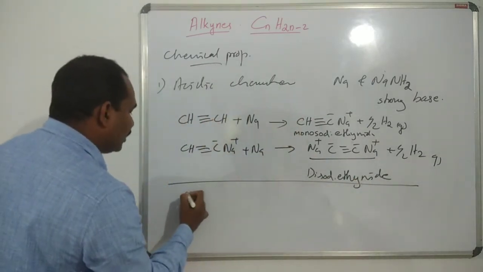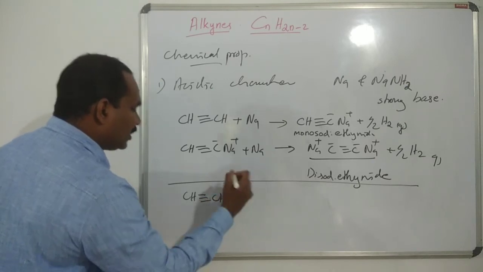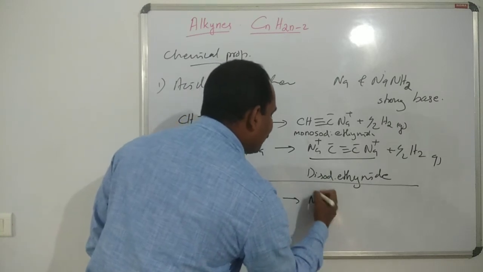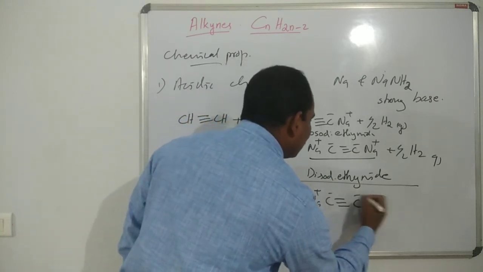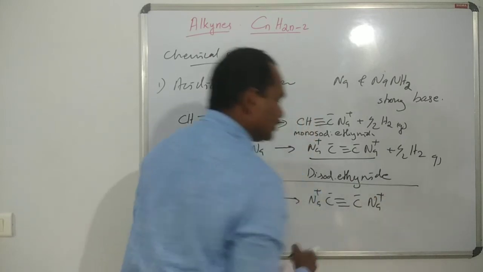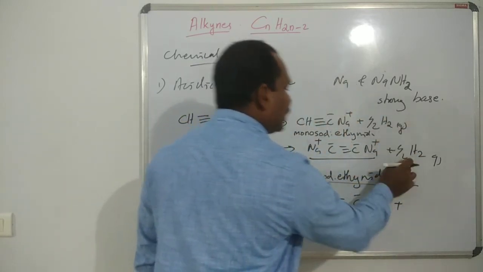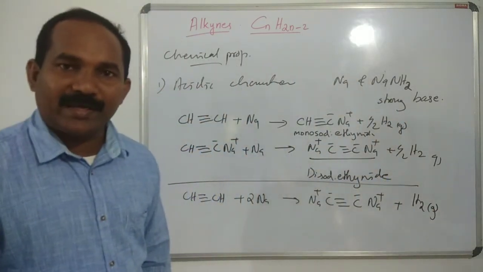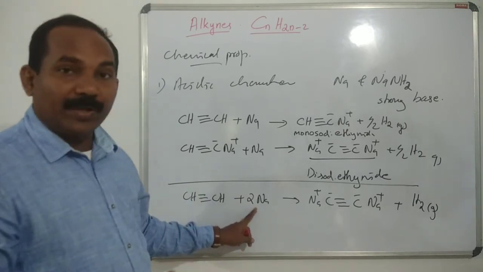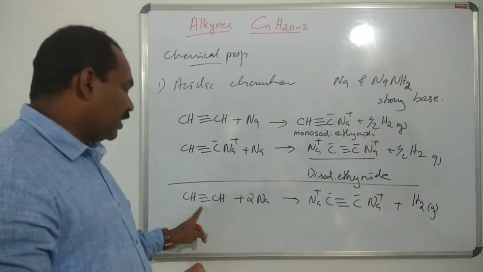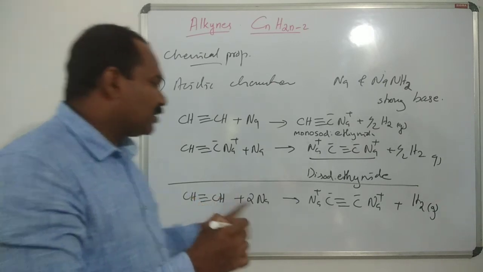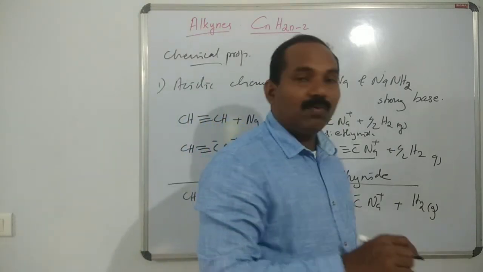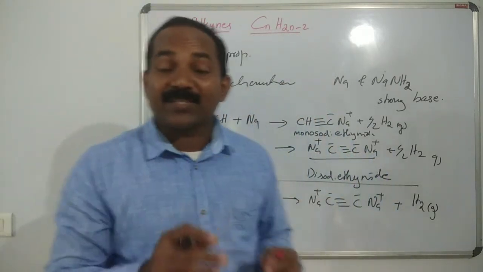The overall reaction is CH triple bond CH plus 2Na gives Na plus C minus triple bond C minus Na plus, plus half H2 plus half H2 gas. Clear? 2 moles of sodium reacting with 1 mole of ethyne, we get 1 mole of disodium ethanide and 1 mole of hydrogen. So this reaction reveals that